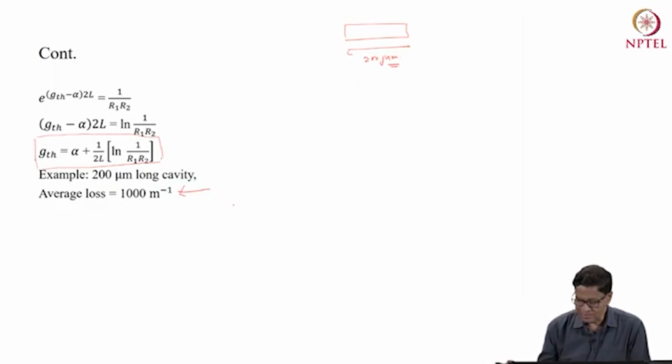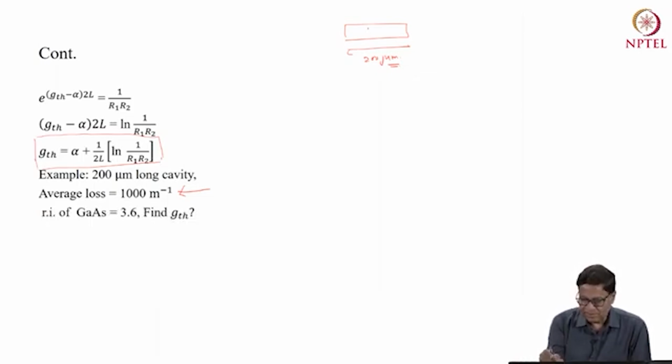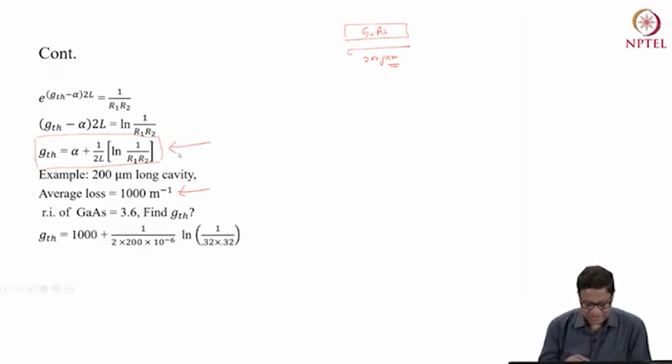This is per unit distance. And the material of this laser cavity is gallium arsenide. The refractive index is about 3.6. Then we need to find out what is the g_th required for sustained oscillation. So if you put these values in this expression here, you get g_th as,